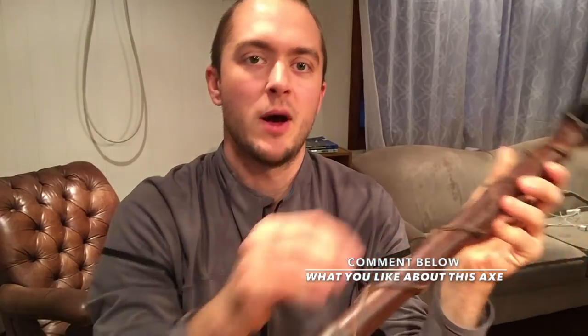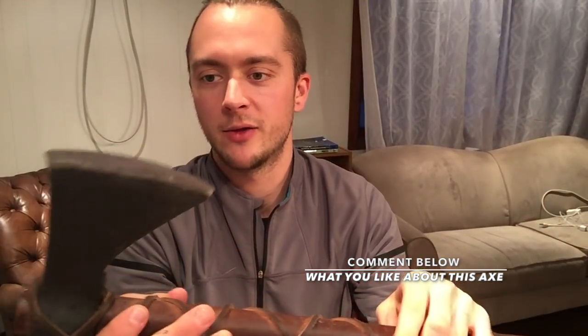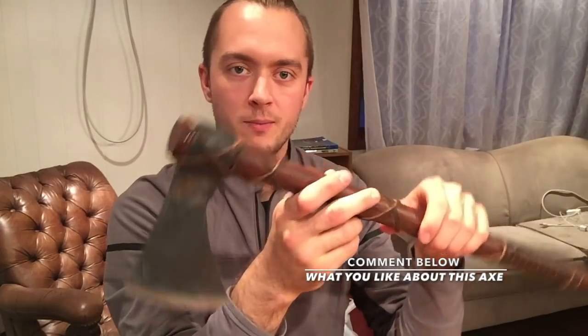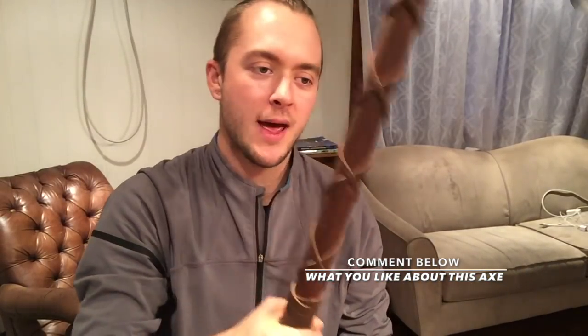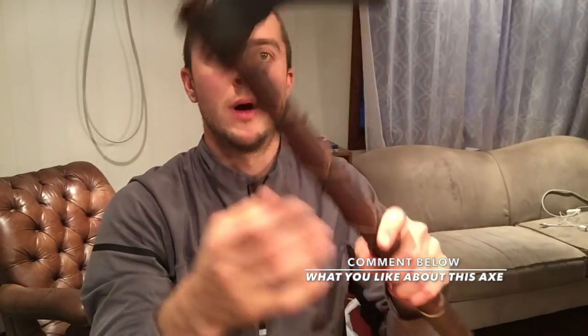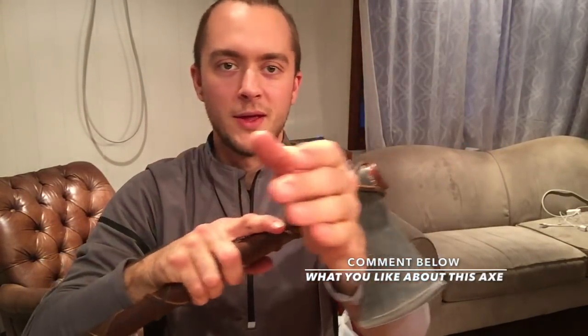But another thing is, this thing is about 2 pounds, 7 ounces. So just like all axes, combative axes or utility axes, it's very forward heavy, of course, because the steel is going to be a lot heavier than the actual wood or even the leather. But you feel it in your hand. Of course, it's contoured for the chopping motion, any kind of hacking you'd be doing. For more advanced stuff, like martial arts technique, there are hooking things you can do with it, but really it's a simple hacking weapon that was used for utility